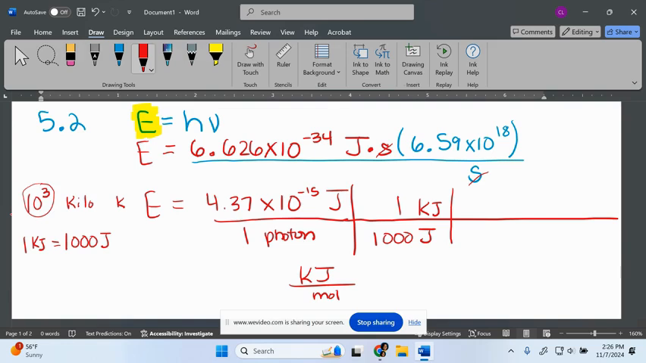I need to get out of photons. And it doesn't matter what it is. It's just like a dozen, okay? A mole is like a dozen. You can have a dozen pens, a dozen photons, a dozen monitors, a dozen mice. It doesn't matter. It's 12 of everything, okay? So if we have 1 mole of photons, on your sheet it says Avogadro's number is 6.022 times 10 to the 23rd